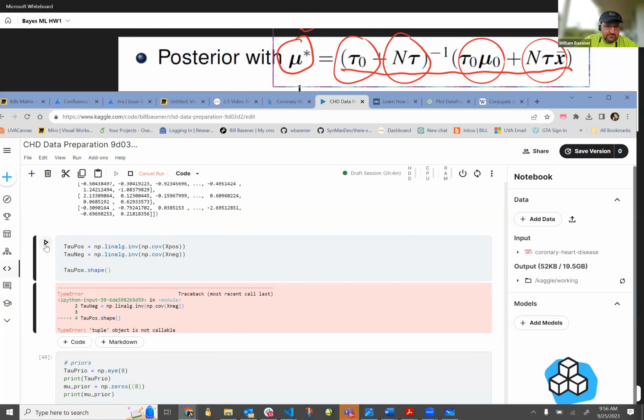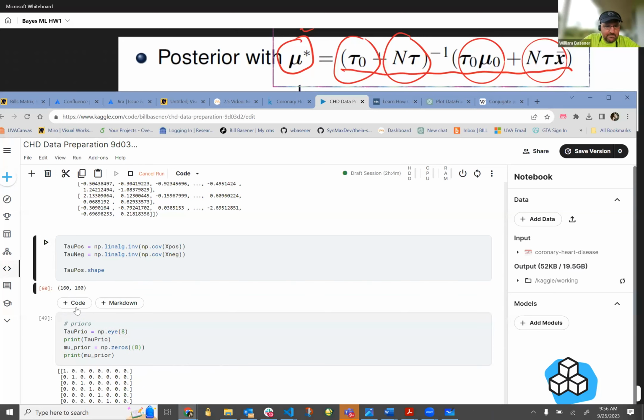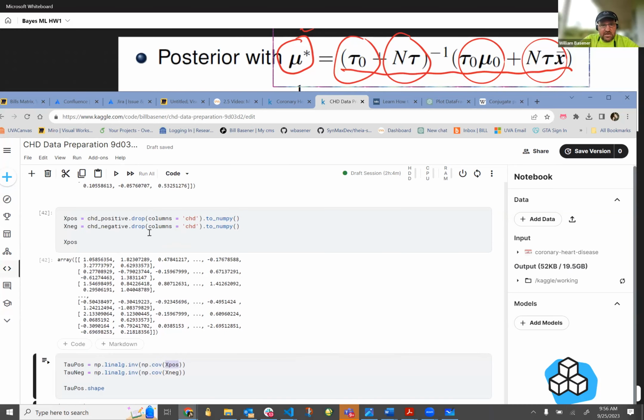I'm pretty sure I know what's going on. So this tau positive, it's an array of 160 by 160. That's a problem. My covariance matrix should be an array of 8 by 8. And so when I take its inverse, I should get an 8 by 8. So the problem is, this is switching the dimensions, right? The data is